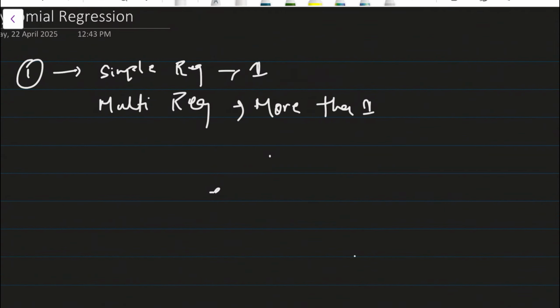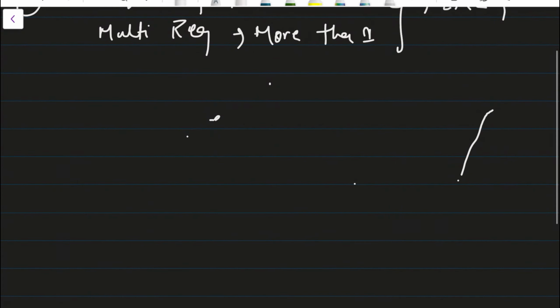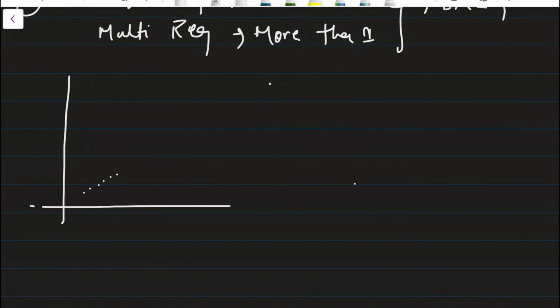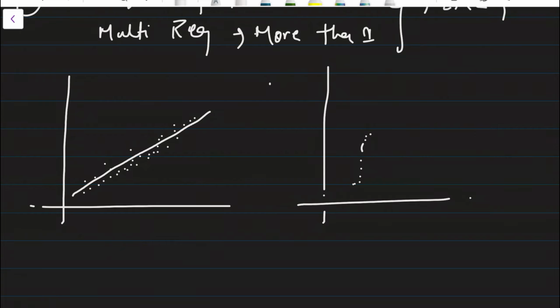But the common thing in these two regressions is that both algorithms work only on linear data. What is meant by linear data? Let us suppose you have data which looks like this. We can draw a straight line, so we can get around 80 to 90 accuracy. But if the dataset contains data points like this,